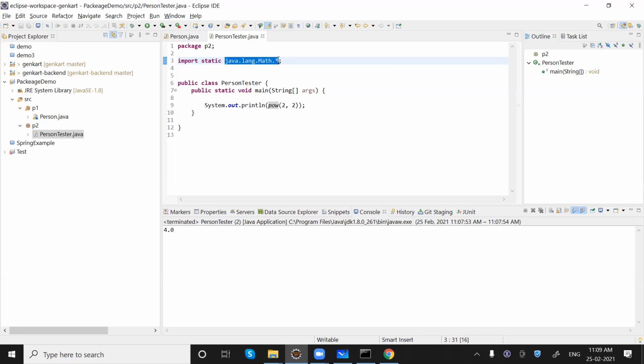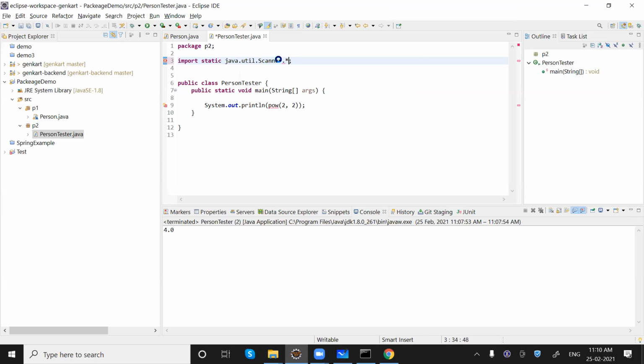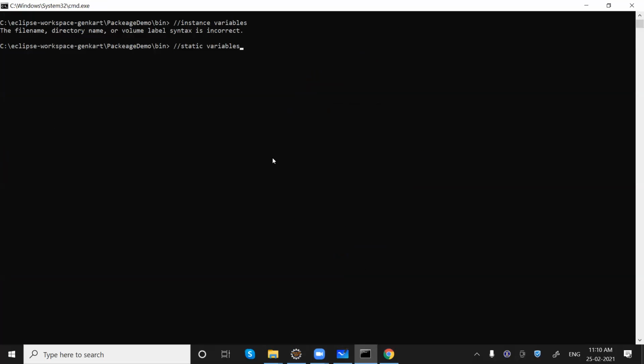Let me try to prove it if we can. So I'm taking java.util.Scanner.star. I'm not using this, but I'm trying to import it statically. First of all, we need to clear.